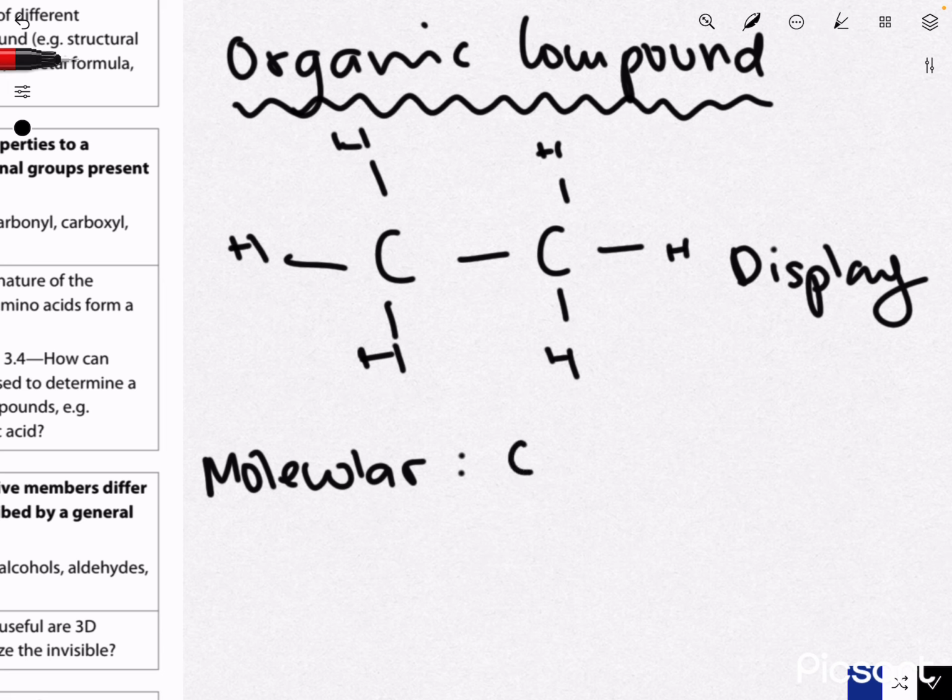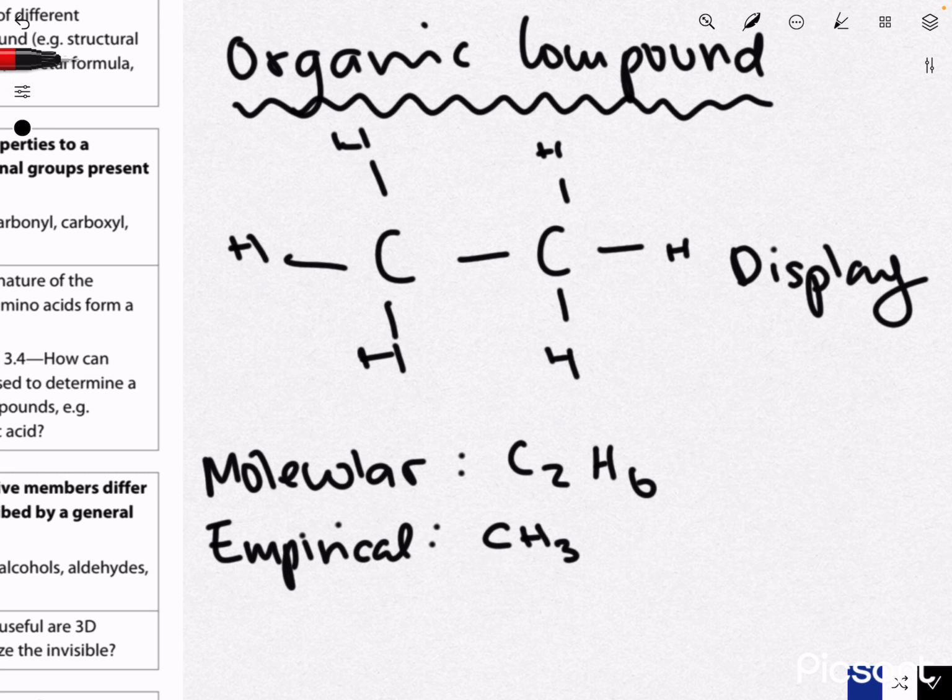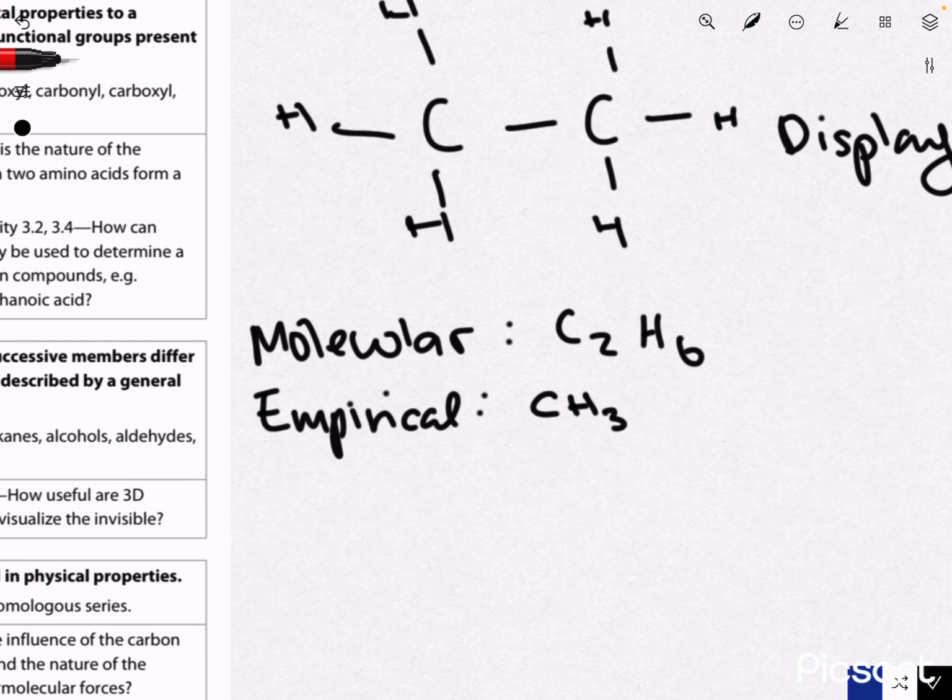So that would be C2H6 in this case. The empirical formula is the most simple ratio of elements within a compound. So that would look like CH3 in this example. Next up, we have our general formula,